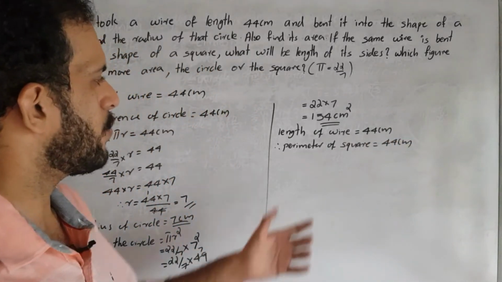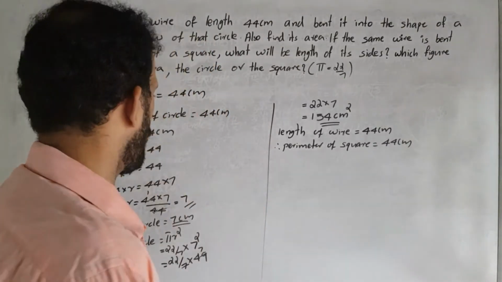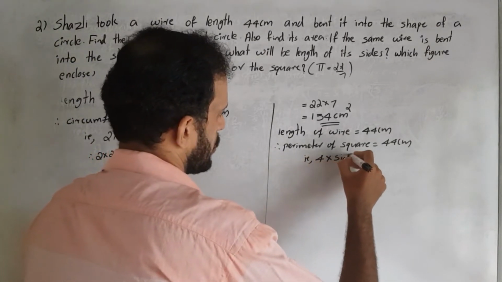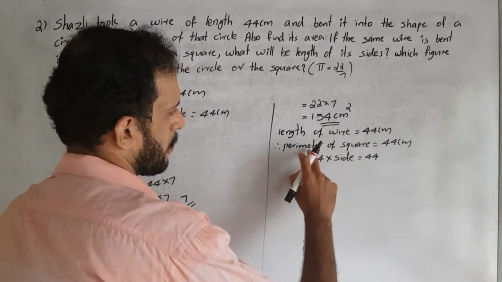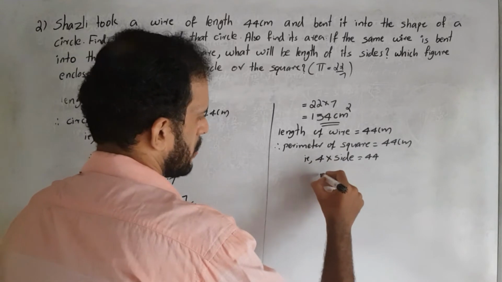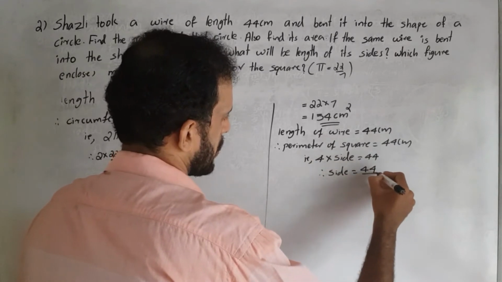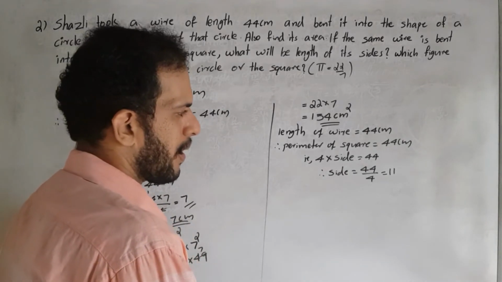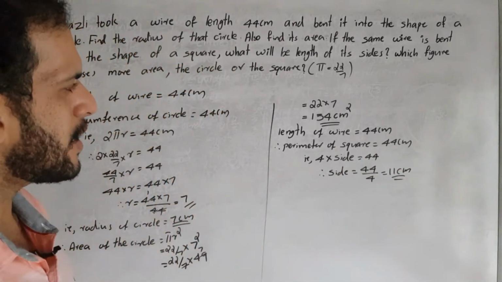Okay, then we know the equation to find the perimeter of square. Yes, the perimeter of the square is equal to 4a, correct? That is 4 into side is equal to 44, correct? Therefore we know the equation of perimeter of square: 4 into side, then 4 into side is equal to 44. Then how to find the side? Therefore side is equal to 44, we transpose 4, then what is the change? By 4, is equal to 11. Then side is equal to 44 by 4 is equal to 11 centimeter. Then we got it. What is that? The side measurement of the square.